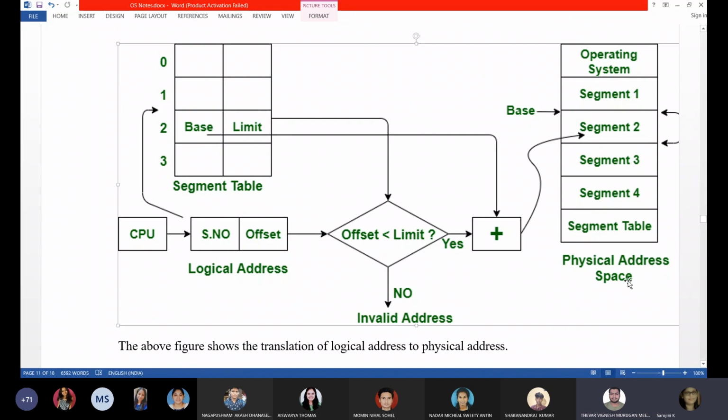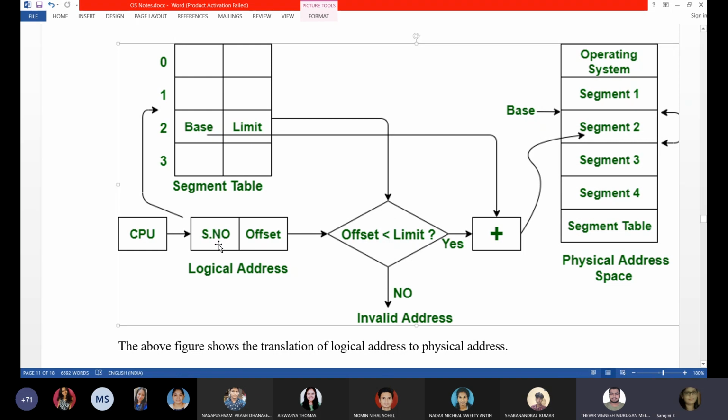Now what should be formed? We have to form a physical address. The MMU should form a physical address. How will the physical address be formed? You remember how the logical to physical address was formed in paging? In paging, the page number of the logical address is fetched and looked up in the page table. It finds the respective frame number, and along with the frame number, the logical address offset is combined, and that is called a physical address. But here,